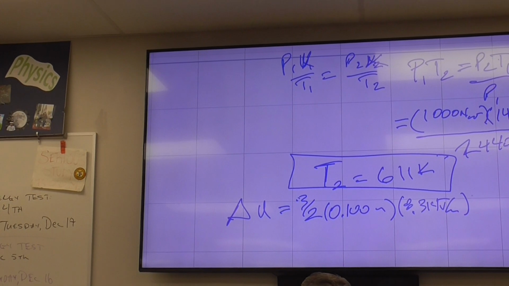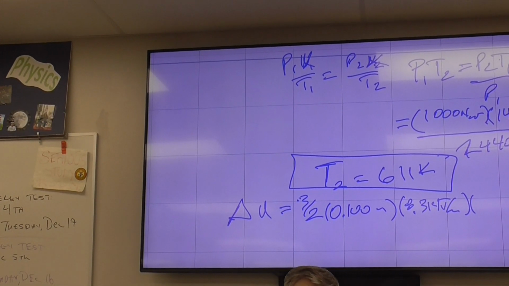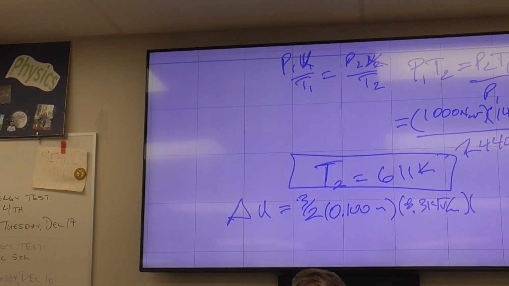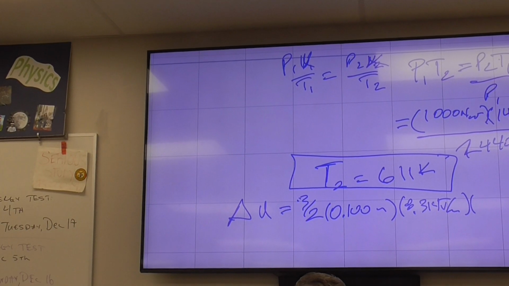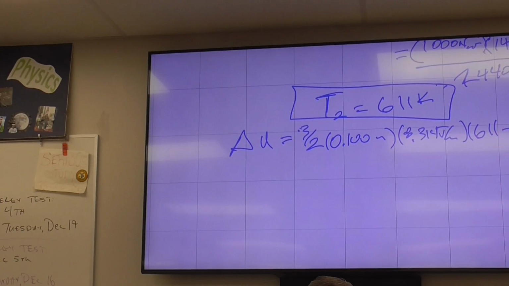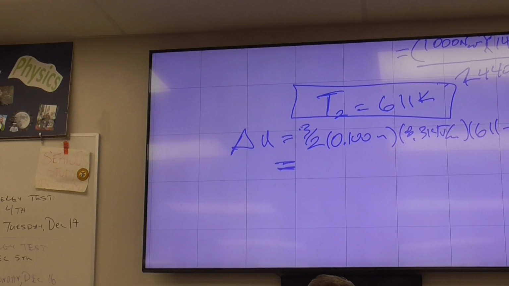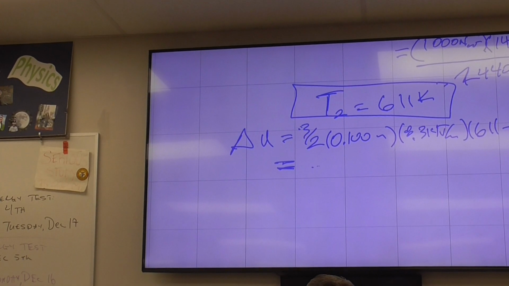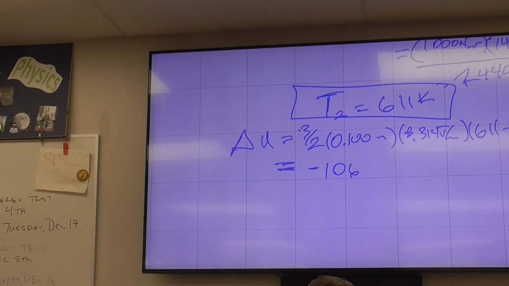Now, this is going to be a change in temperature. So, what's going to be the sign of my delta U? Positive or negative? Negative, right? What's my final temperature? 611, and it starts off at minus 1467, so that'll all be negative. So, what's the value of delta U? Negative 1,067